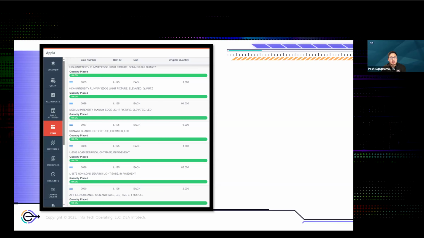Just jumping into Appia real quick. So this is the Appia project itself for this taxiway improvement project, and this is just a list of project items that Tom kind of mentioned earlier. For this task, we are just gonna look at the light base cans. So with the GeoBridge connection through the Esri notebook, we're then able to